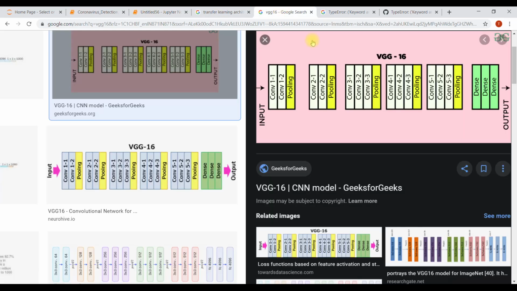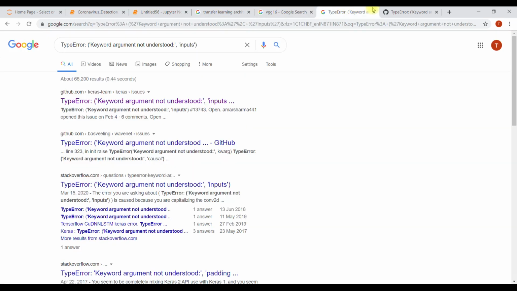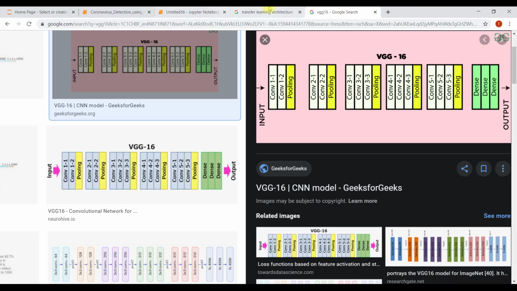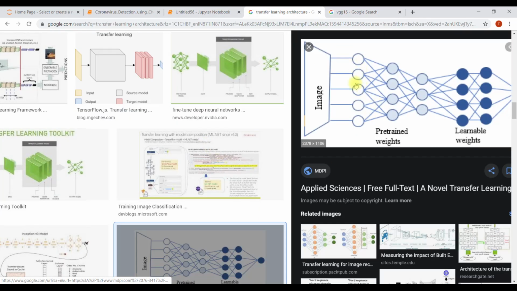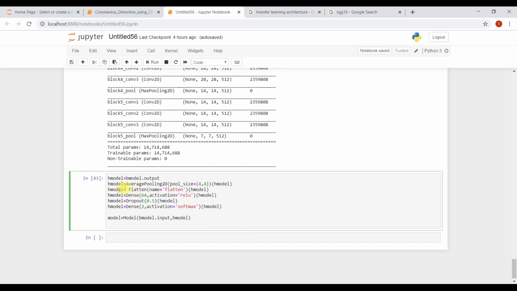Last, we don't want the base model to get trained. I just searched for it. We just want to train the last layers we added: the flatten layer, then dense layer, dropout layer.